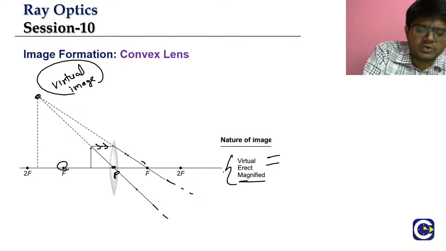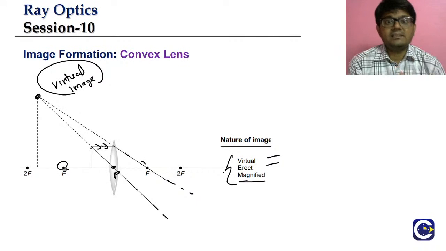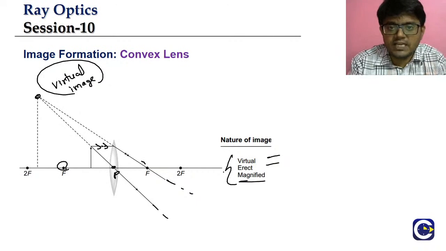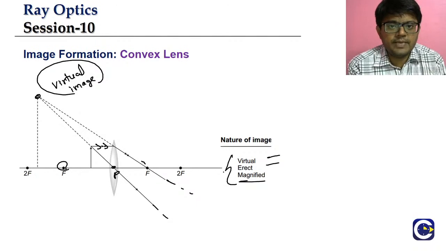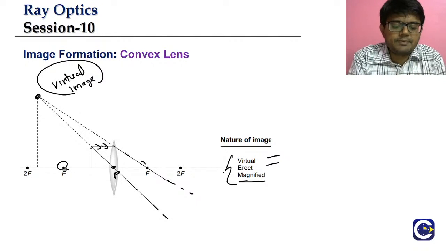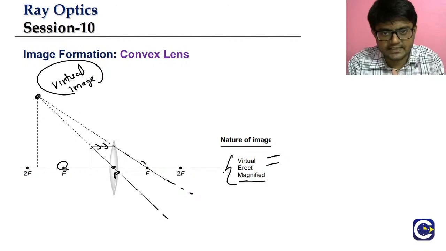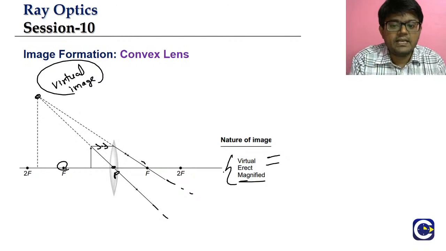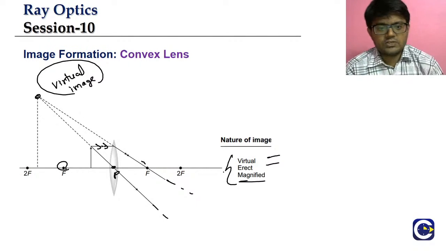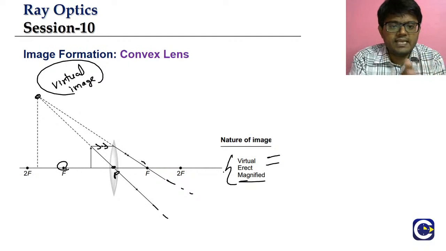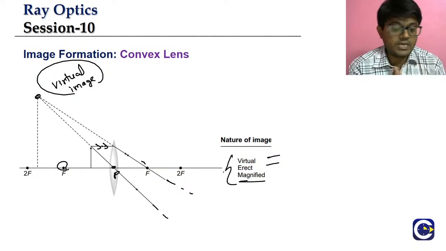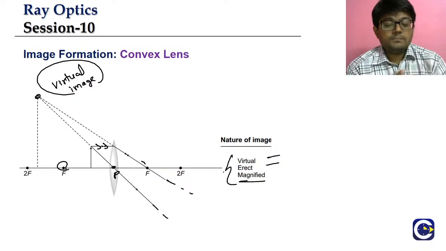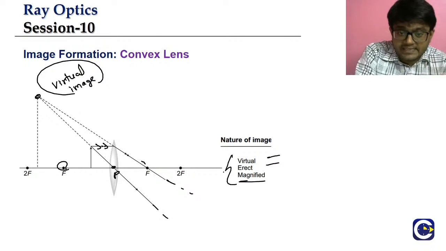So if we have a question like, for a convex lens, in which position will it form a virtual image? When we have the object kept between F and the optical center. It will give us a virtual, erect and enlarged or magnified image. So this is the abnormality with regard to the convex lens that we need to remember. Now in case of mirrors,